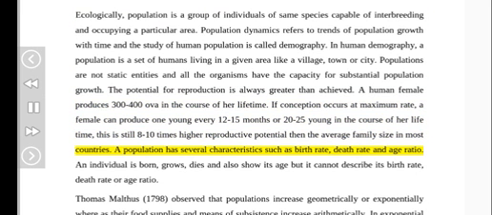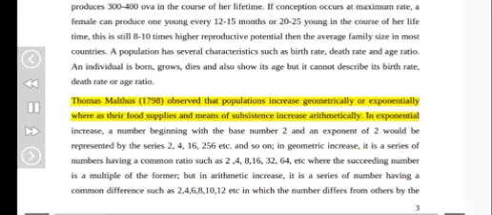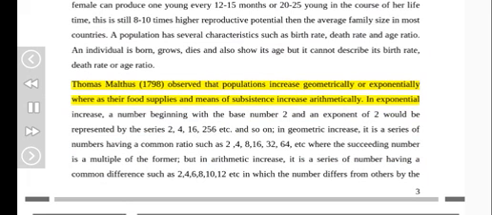A population has several characteristics such as birth rate, death rate, and age ratio. An individual is born, grows, dies, and also shows its age, but it cannot describe its birth rate, death rate, or age ratio. Thomas Malthus in 1798 observed that populations increase geometrically or exponentially, whereas their food supplies and means of